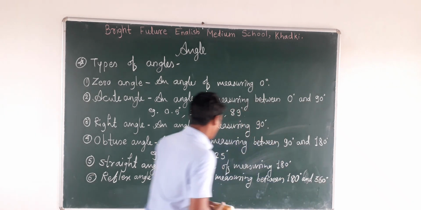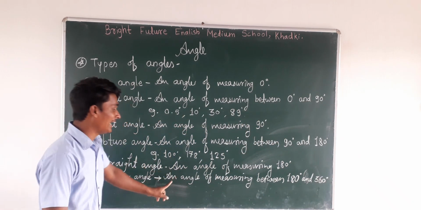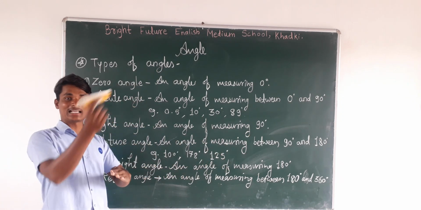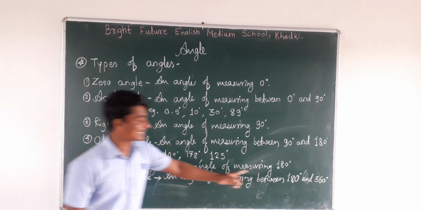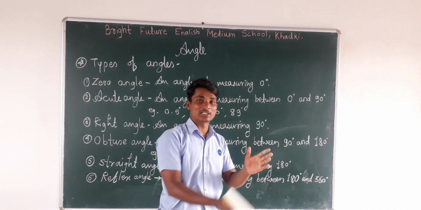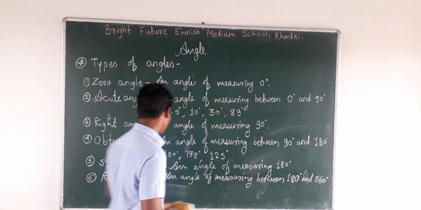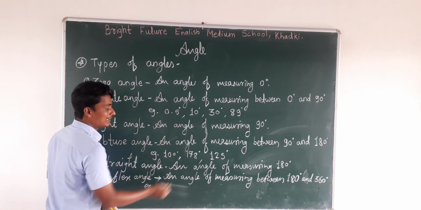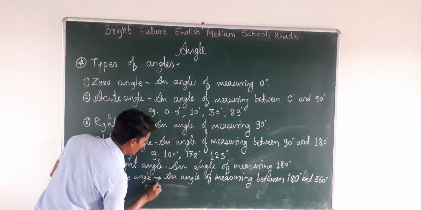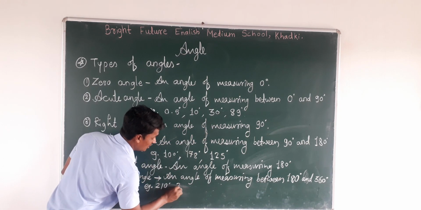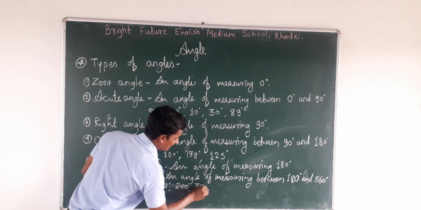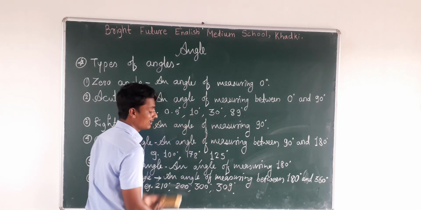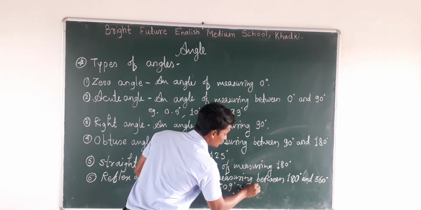360 degree. रिफ्लेक्स एंगल मतलब ऐसा एंगल जो 180 डिग्री से बड़े होते हैं, मींस मोर देन स्ट्रेट एंगल, स्ट्रेट एंगल से ज्यादा, लेकिन वो 360 से, मतलब टोटल जो सर्कल का 360 का एंगल होता है उससे थोड़ा कम होते हैं, उसे कहते हैं रिफ्लेक्स एंगल. For example, it is more than 180 degree, that means 210 degree is a reflex angle, 200 is a reflex angle, 300 degree is also a reflex angle, 309 is also a reflex angle, or 350 is also a reflex angle.